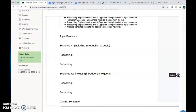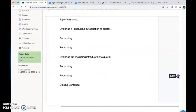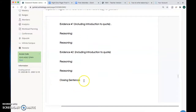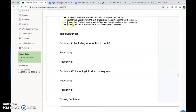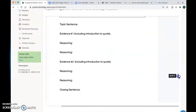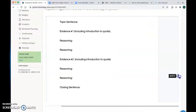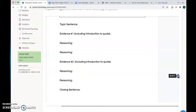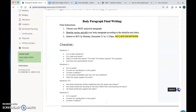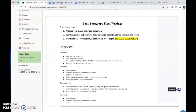You're going to write 2 sentences of reasoning per quotation, and then you'll write a concluding or closing sentence. The closing sentence is just restating your topic sentence. You'll see up here again, closing sentence: restate the topic sentence in a new way. Once you have all of that, your body paragraph is basically ready to go. You have 8 sentences. It follows this format. And what you can do then is scroll down to the information about the final